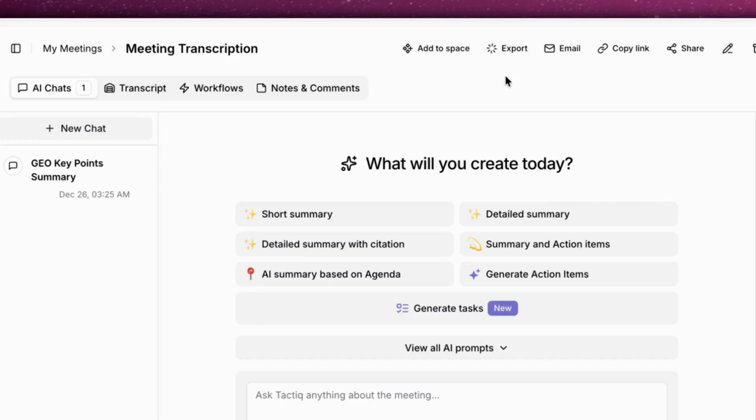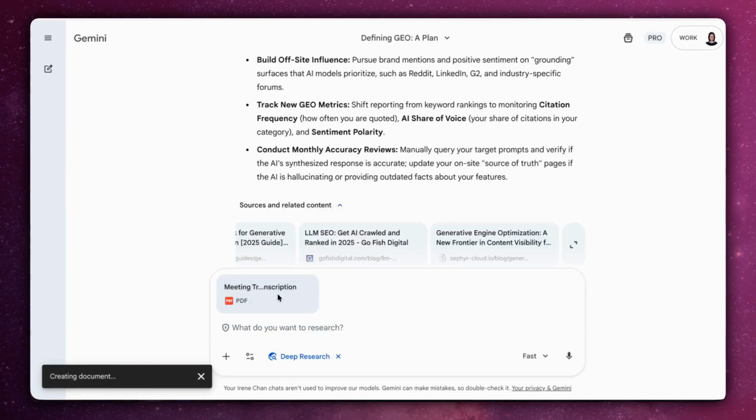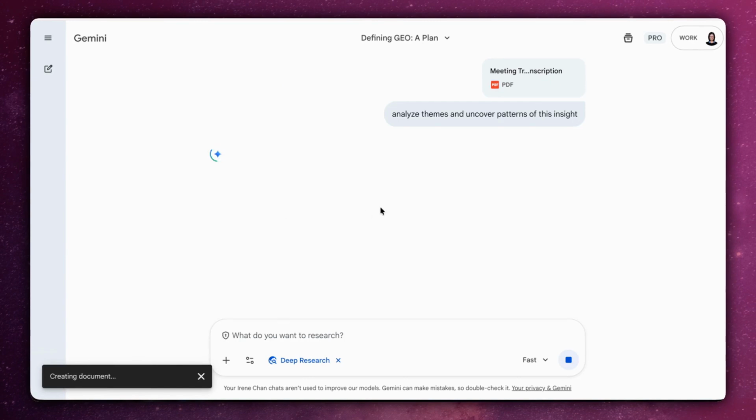You can export your research interview transcripts and bring those into Gemini to analyze themes, uncover patterns, and turn conversations